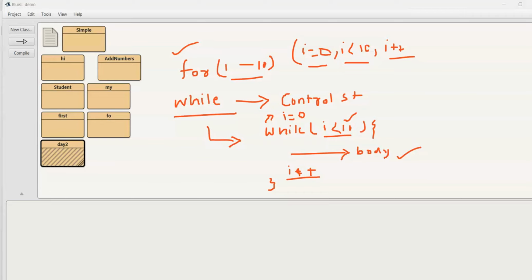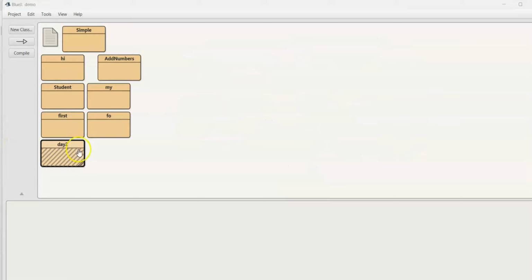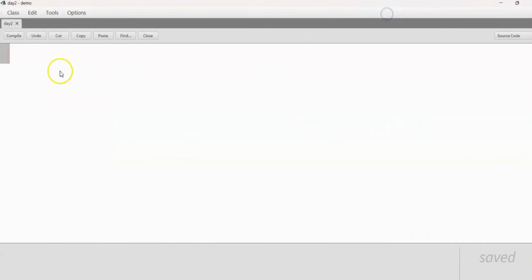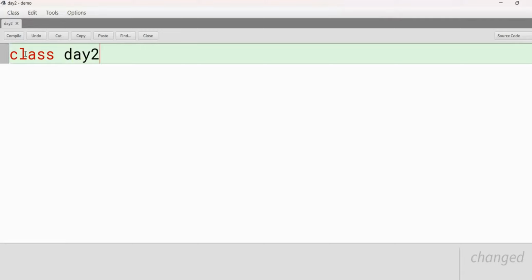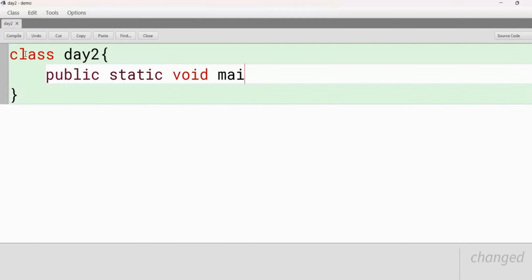Okay, so now let me show you. This Day2, if you see this, I have created a class. I'll open this up and then we'll write a code for while loop. So I'll write a class first of all. So let's say class is Day2. And inside this I'll write public static void main String